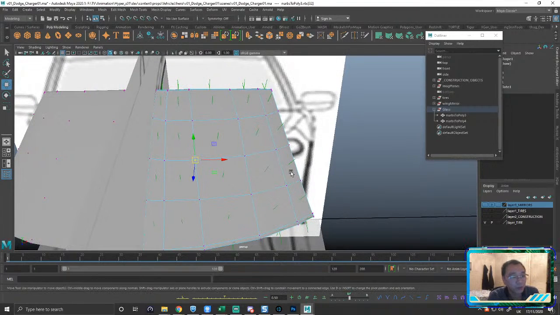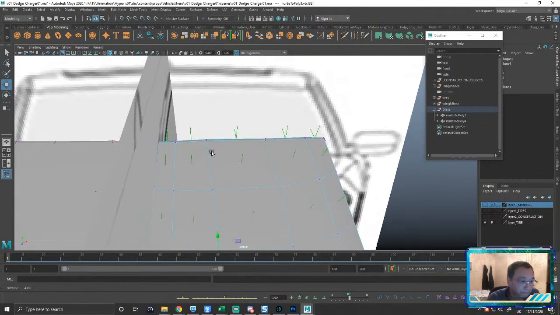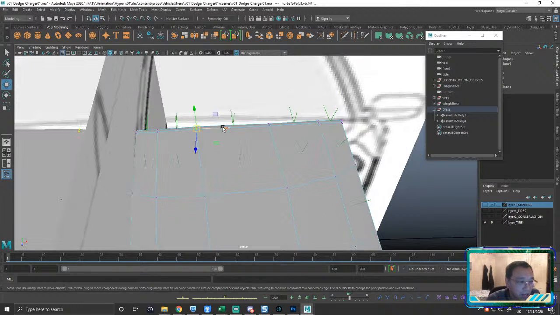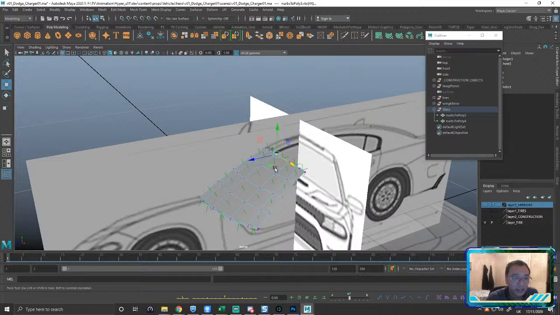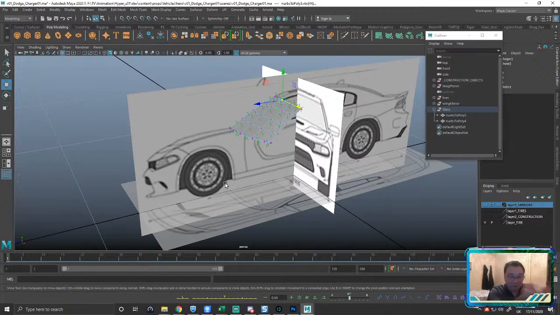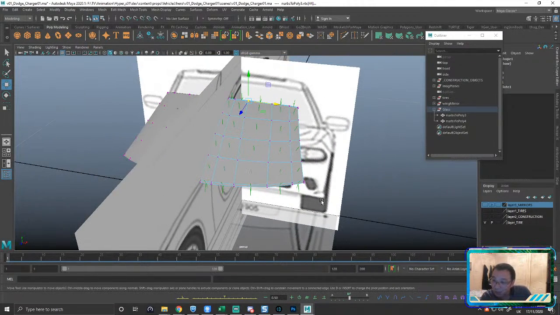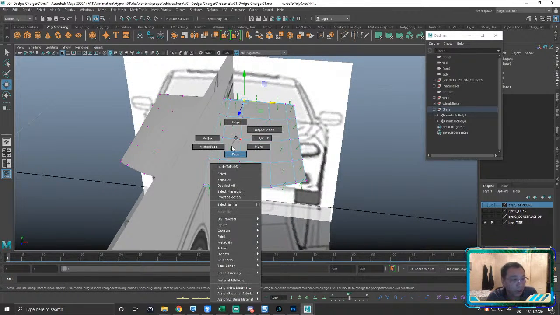Now, this is where I can really emphasize the rule of thumb when modeling. Less edge loops, the better, especially when you're blocking your model out for the first time, right? Less edge loops, the better, right? Because can you imagine if you had 100 polys through that windscreen? You'd be sitting there pushing and pulling it forever. What if you get frustrated because there's so much line work that you need to sort out? Well, you can do this.